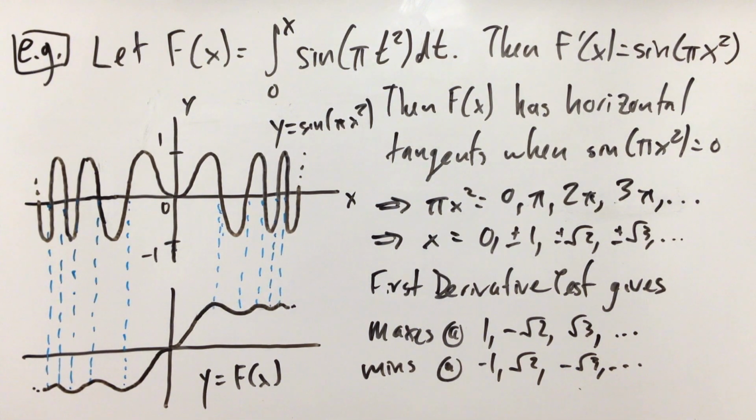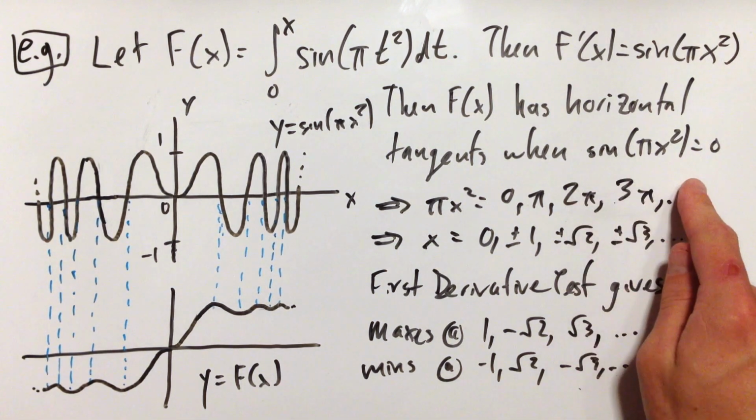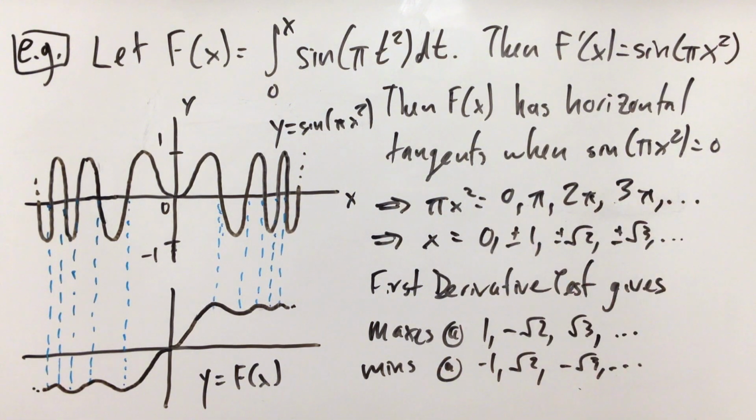So in fact, we could take this as a definition of this function f of x. That's kind of the best we can do. And we'll learn some ways that we can approximate functions like this. But we can still tell a decent amount about this function, given that we know that its derivative is sine of pi x squared. So for example, we can figure out when its horizontal tangents are, which is pretty important for graphing it. These happen when sine of pi x squared is equal to 0,